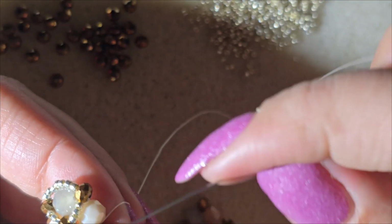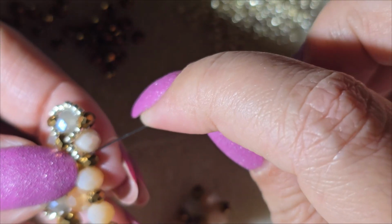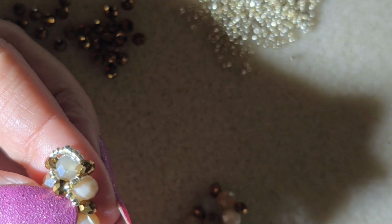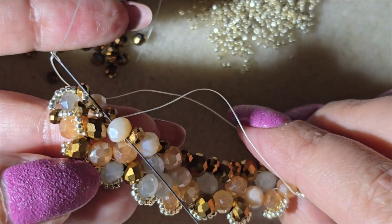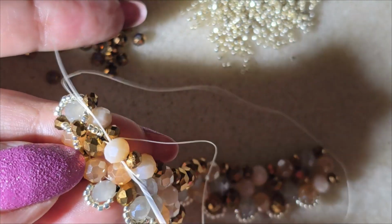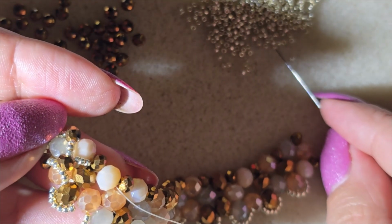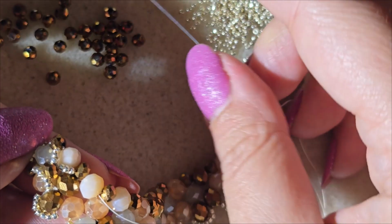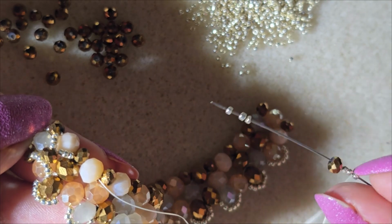Now, we're going to go without adding anything through the 4 millimeter. This is the top, to the 4 millimeter on the top. And through the 6 millimeter from the second cluster. So this is the second cluster, this 4 here. So we're going to go to the top of this, and as we did previously, pick up 3 15/0 seed beads, 1, 2, 3, 1 4 millimeter, 3 15/0 seed beads, 1, 2, 3,